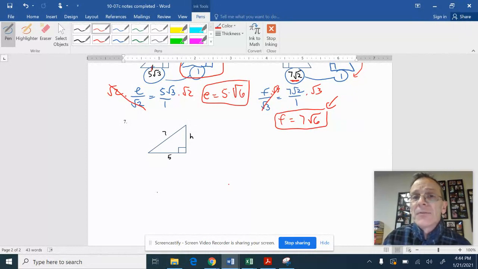Well, if you said 45, 45, 90, you're wrong. If you said 30, 60, 90, you're also wrong. I did not mark any of the angles 45 degrees, and I did not mark any of them 30 degrees or 60 degrees. And I did not mark the sides congruent to each other, which would make it a 45, 45, 90. So you cannot use the 45, 45, 90 pattern or the 30, 60, 90 pattern to find H in this